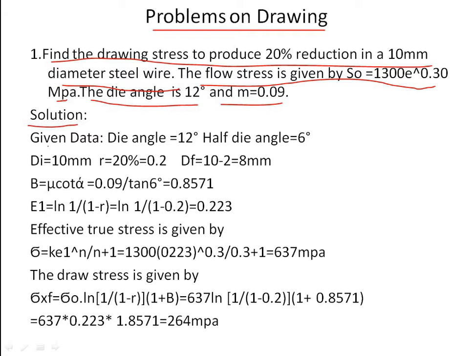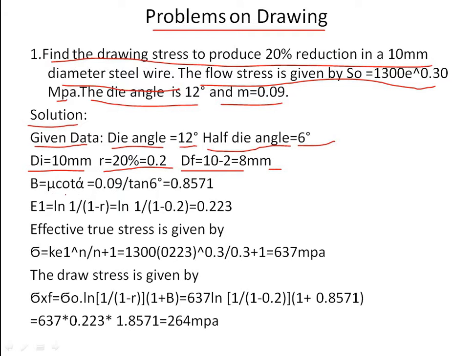So coming to the solution. What is given in the problem? Die angle is equal to 12 degree, so half die angle will be 6 degree. Is it clear? So DI, inner diameter, is equal to 10 mm. R is equal to 20%, that is equal to 0.2, and DF, that is 10 minus 2, that is 8